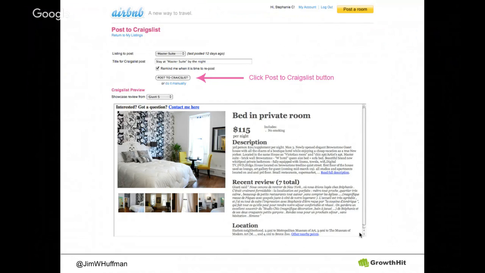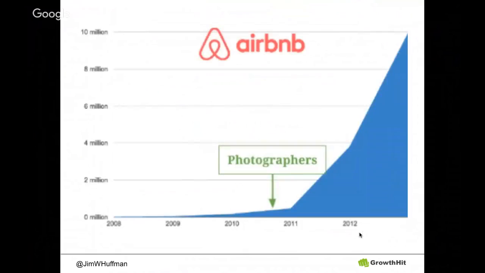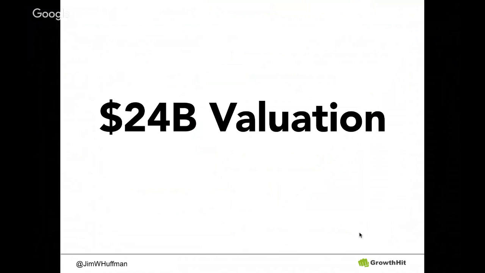They even created a button on Craigslist that would automatically post to Airbnb, but that was actually not the turning point for them. For them, it was really focusing on conversion and making beautiful photos that would be on their homepage, would be on the checkout page, that allowed their customers to actually convert because they thought the homes were pretty enough for them to stay. And I believe their valuation is at over $24 billion.